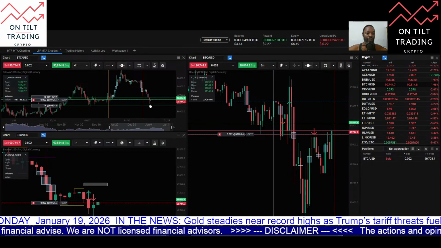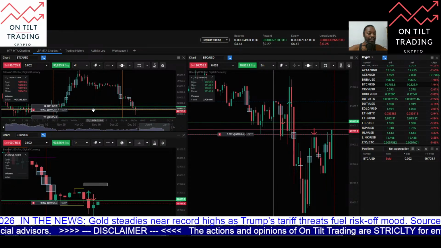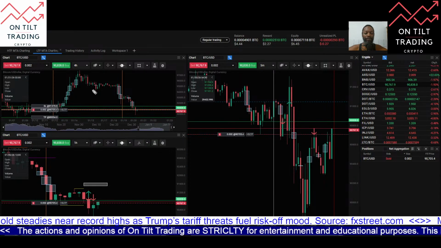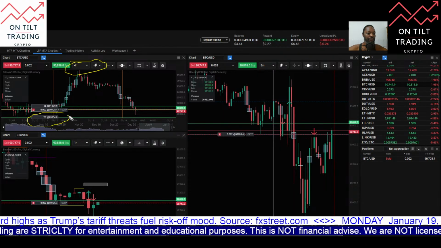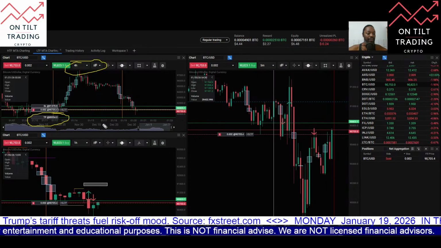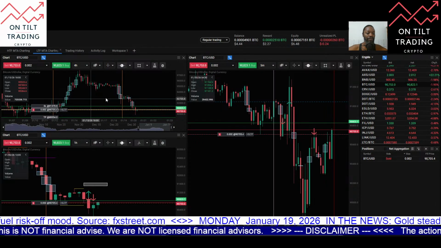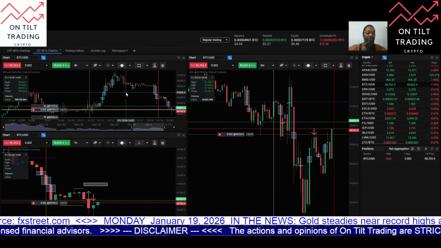And then for target, we can see here on the 4 hour chart, targeting 89,354. You can see here on the 4 hour chart, this is my take profit, 89,354. And here on the 4 hour,